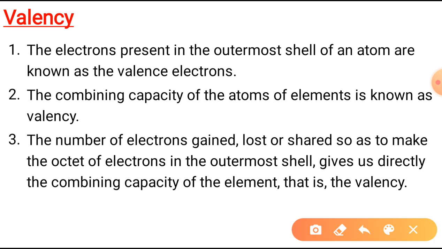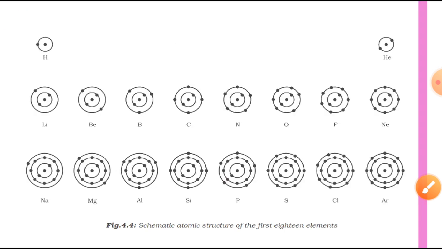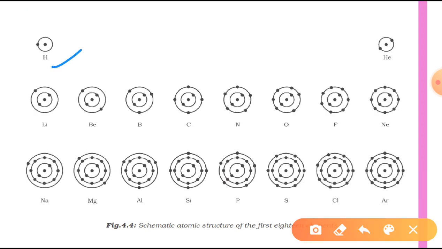Have a look. The electrons present in the outermost shell of an atom are known as valence electrons. So how many valence electrons do you see in hydrogen? The answer is just 1 because it has 1 electron. In helium you will see 2 electrons. Now let's talk about nitrogen. Just count these dots at the outermost shell. Nitrogen has atomic number 7, so the configuration is 2, 5. Nitrogen has 5 valence electrons because its outermost shell carries 5 electrons.